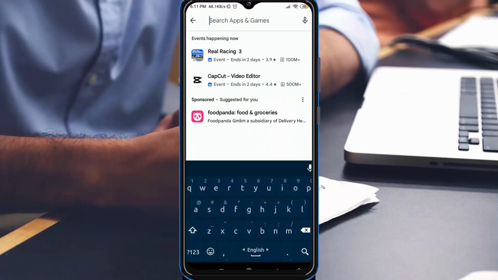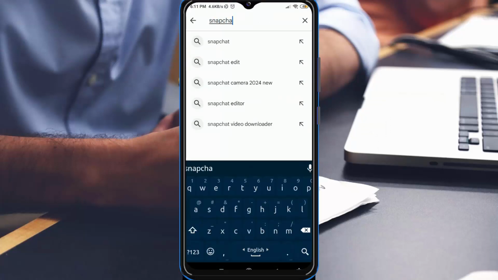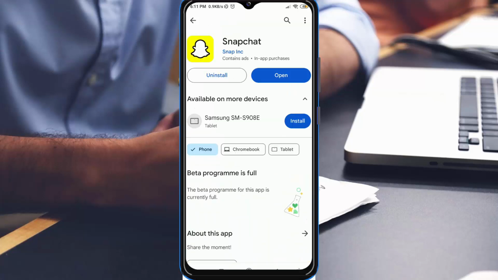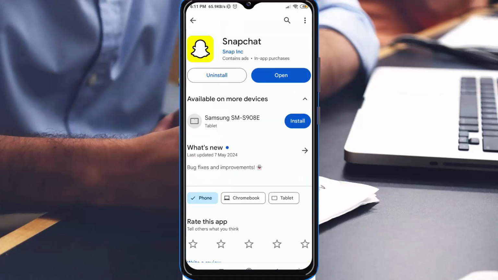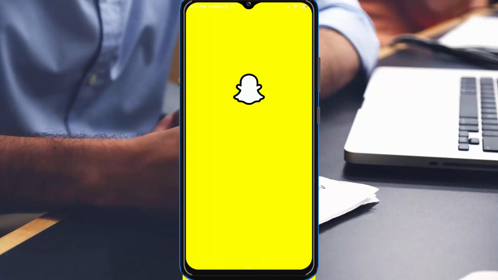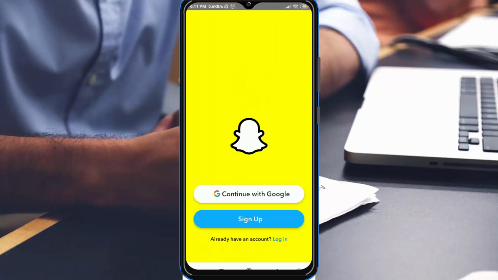First of all, go to Play Store and search for Snapchat. After that, install this Snapchat application, then open it. Now here you can see there are two options for sign up. First one is with your Google account and second one is with manually sign up. So we are going to show you the second option. Okay, so now click on sign up option,